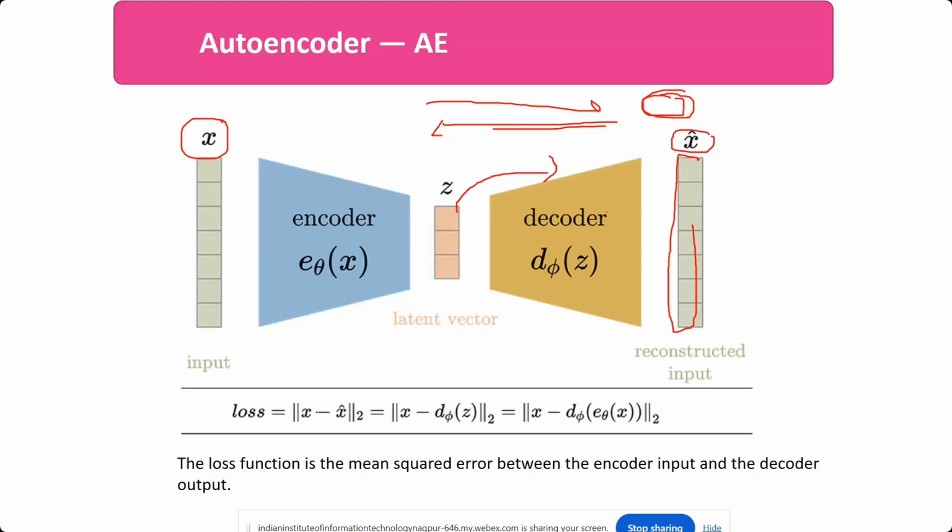So what is the loss function? It compares your original image and your reconstructed image. If your model is able to reconstruct properly whatever image you have given as an input, that means your model is perfectly trained for compressing the data. This loss should be minimal. So this is how an autoencoder works.